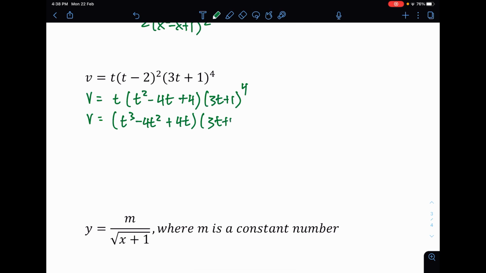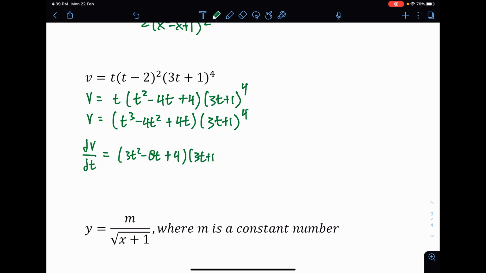Alright, this is nice. I'm going to differentiate it now. Mind also that I'm using v and t, not y and x. So when I need to differentiate, I need to put dv over dt. Maybe v is velocity, speed, and t is time. Anyway, differentiating this, I'm going to get 3t squared minus 8t plus 4, then copy down.